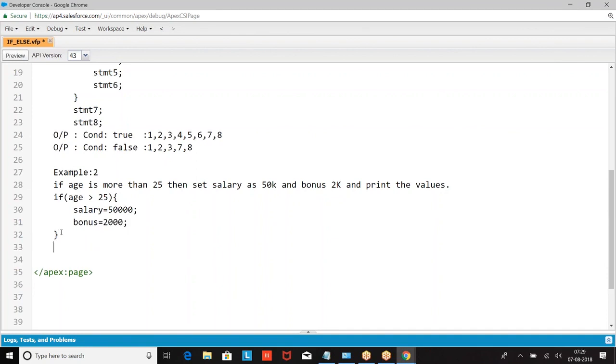Then I want to print the values. It's only a snippet, not complete code, only logic writing. So if age is above 25, salary is 50,000, bonus is 2,000 and print the values.